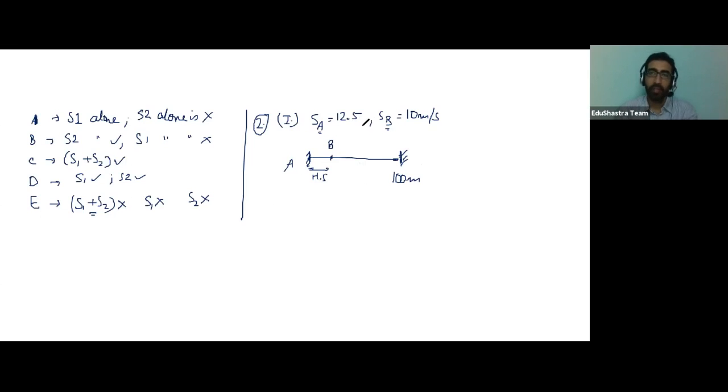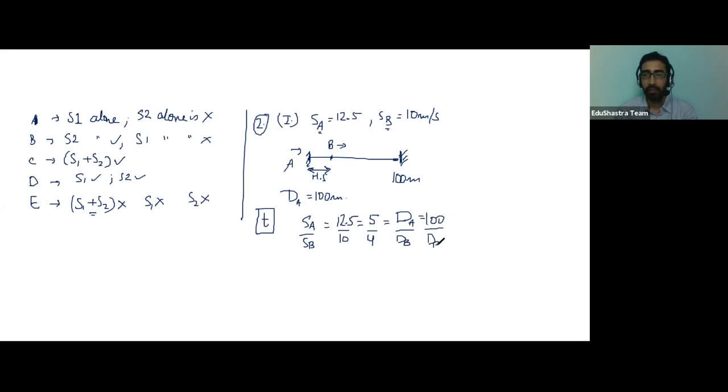So, yeah, in this question, statement 1 is telling you that speed of A is 12.5, B is 10 meters. It is absolutely clear the distance covered by A has to be 100 meters. Yeah. And now this is the kind of question in which T is constant. Time is constant. So after B has been allowed that head start, both B and A run for the same time and must reach the 100-meter line at the same point. Which means that since time is constant, speed of A by speed of B, which is 12.5 by 10, if you simplify this is also 5 by 4. This has to be equal to distance covered by A upon distance covered by B, has to be 100 by